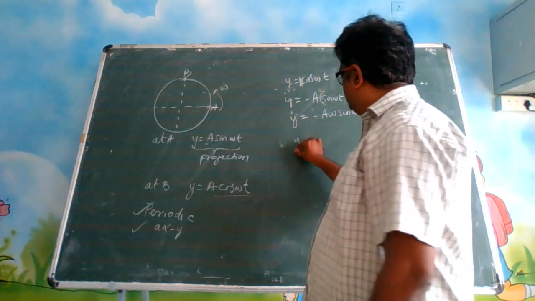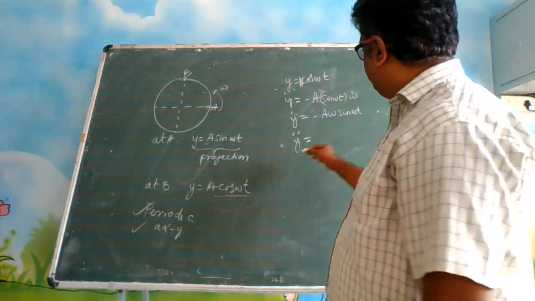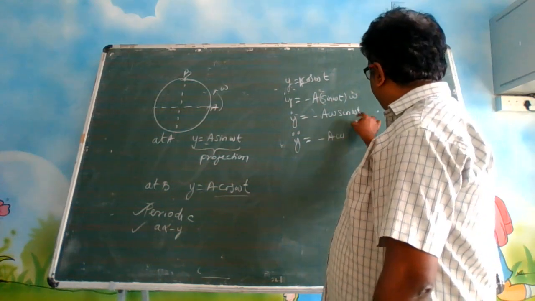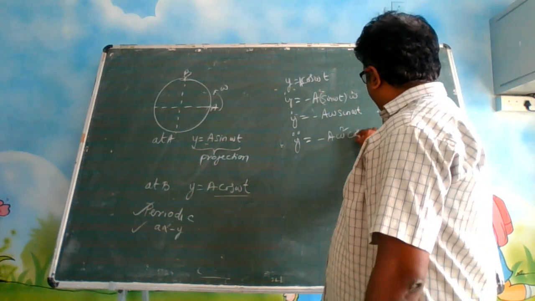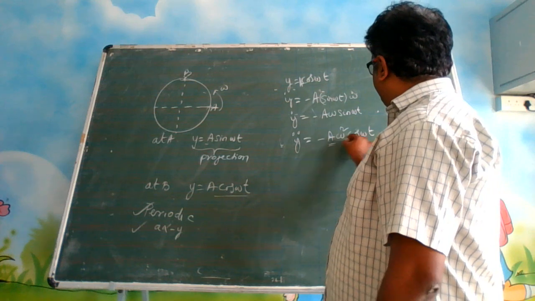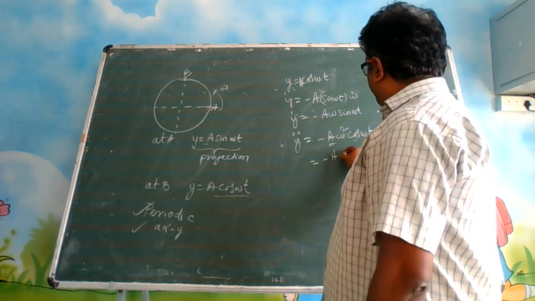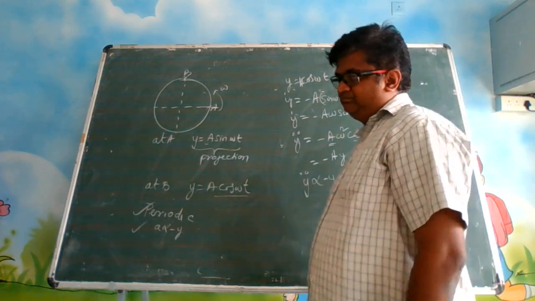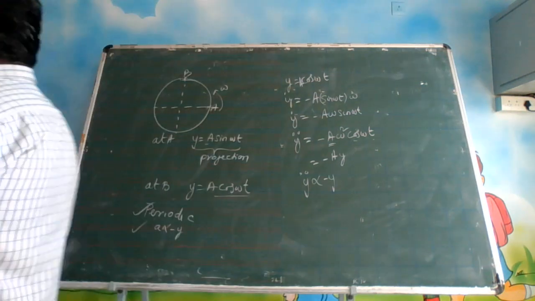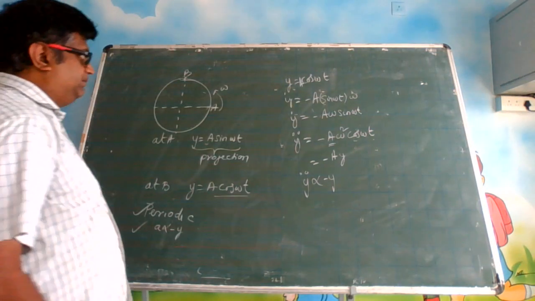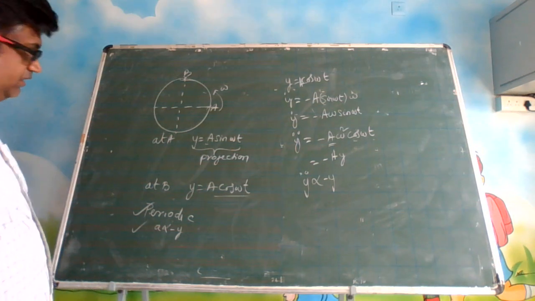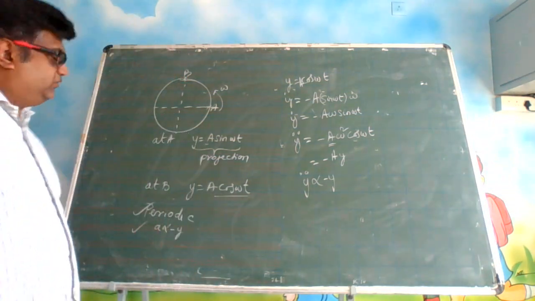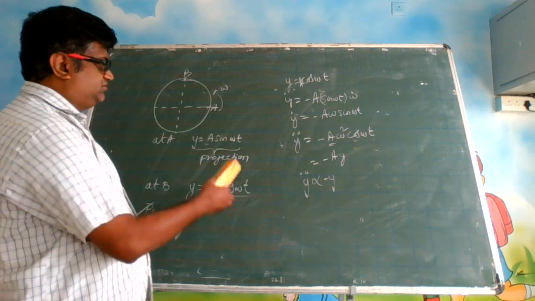Differentiate again, y double dot, which is acceleration. It is minus a omega, cos omega t, there is one more omega here, so it becomes minus a omega square cos omega t. Look at this, a cos omega t is y, so y double dot is proportional to minus y. So whether it is a sine function or a cosine function, it doesn't matter. Okay, they both are periodic, and the acceleration is proportional to minus displacement, so they are cases of simple harmonic motion. Okay, just note it down.